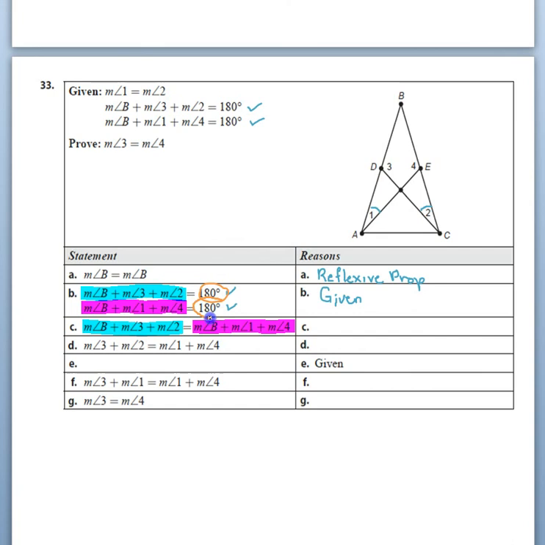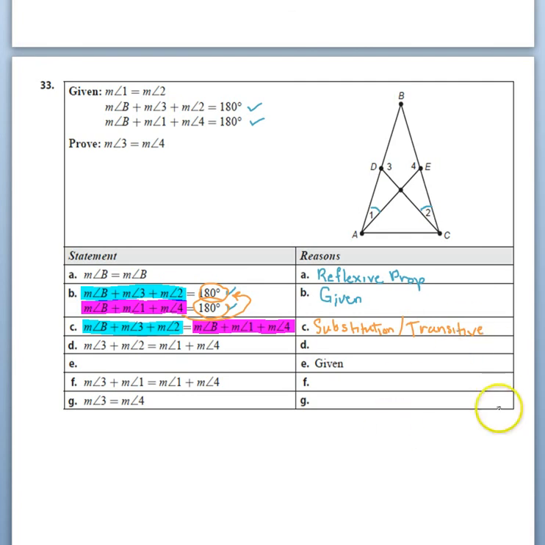So what they did was they substituted. They took this pink statement and plugged it in on the right-hand side for 180. And again, you could put substitution or transitive. Technically that would probably be closest to substitution. So if your teacher says, no, I want you to get this right, they're going to lean towards substitution in that particular case, just because of the order, remember with transitive,